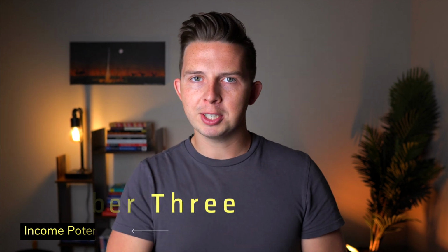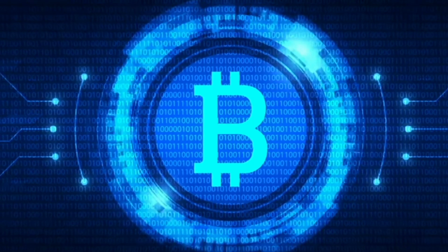And that income potential is going to come primarily in two different ways, either through cash flow or through appreciation. Now, if an NFT provides cash flow, that typically means you're going to be able to stake your NFT for whatever their native cryptocurrency is. That means you're locking up your NFT for a certain amount of time, so you're not going to be selling it. And in return for holding that NFT and staking it, you're going to be receiving however much cryptocurrency for staking your NFT. And then obviously you can either just stockpile that crypto or you can go sell it, thus making money, making passive income or cash flow